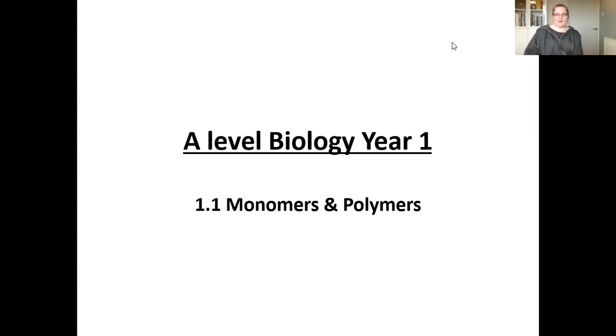Okay, so for A-level biology, where we're going to start is with monomers and polymers. We're going to start with biological molecules, how they're formed, and the basis of them, because these things get revisited a lot throughout the course. Further on in the course, you get questions that might be to do with the circulatory system, or with plants in particular, about their cell walls and how the xylem and phloem work,